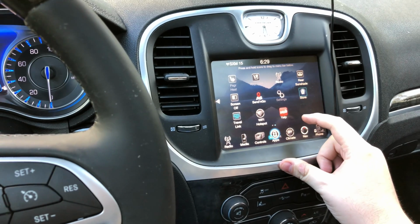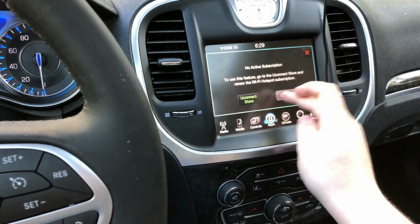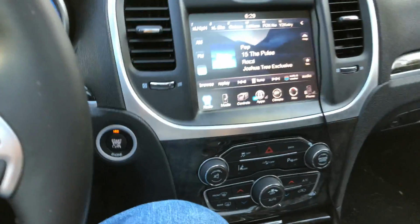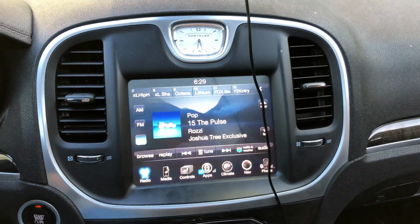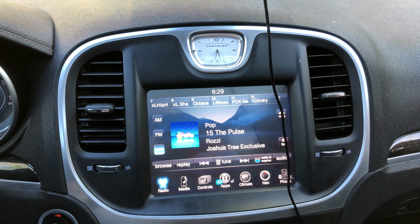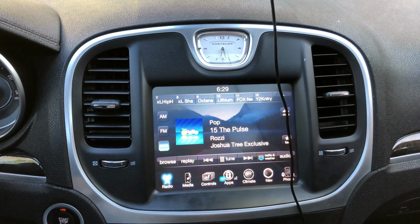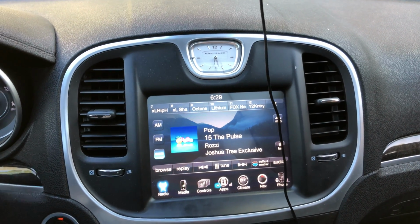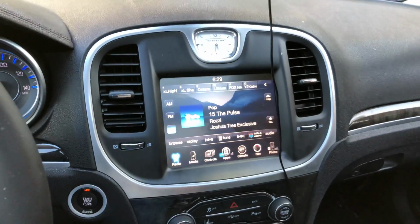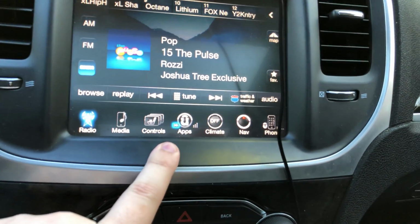I got Yelp, I guess. It does have a Wi-Fi hotspot. Honestly, I am not going to pay for that. I don't feel like it's worth it. This is one of the cars, this year, actually in 2018, Chrysler is switching their vehicles over to AT&T. And I'm really hoping that they'll let me purchase an update to that. Like maybe they'll have to swap out the cellular connection in this car somehow. I know it's possible in Tesla. You can pay for the upgrade. So I'm really hoping they'll let me pay for the upgrade in this one so I can switch this car onto AT&T. But standard, it comes with 3G on